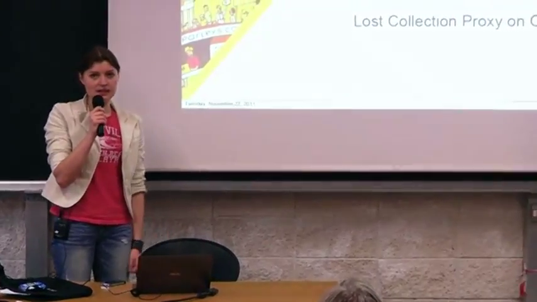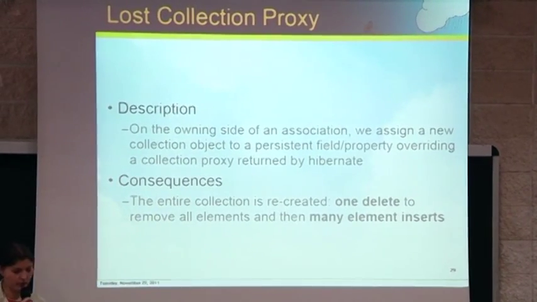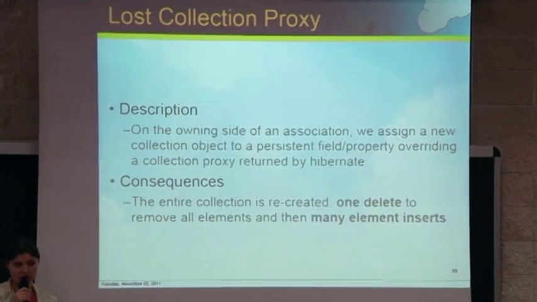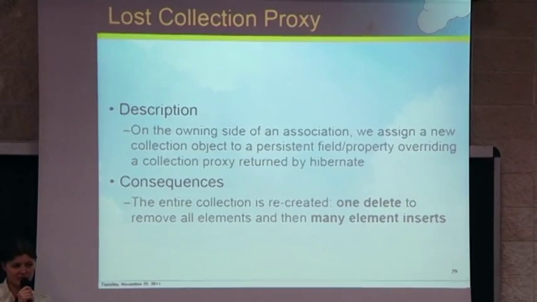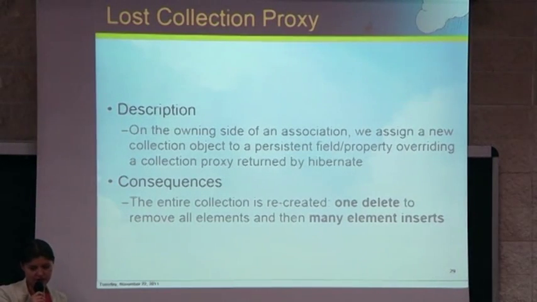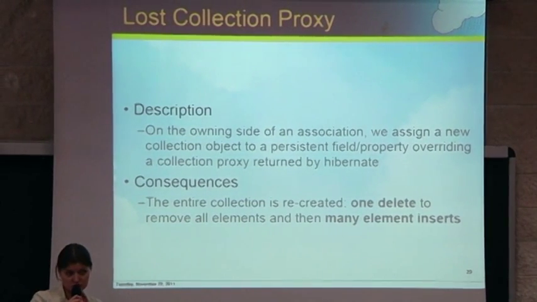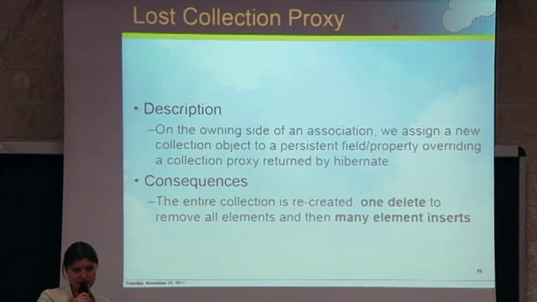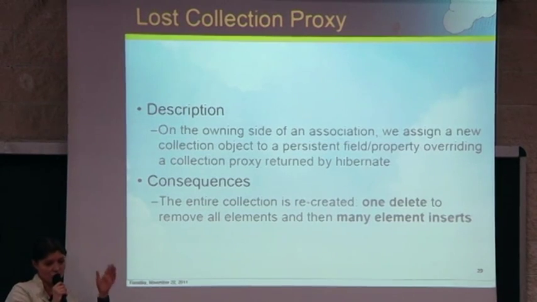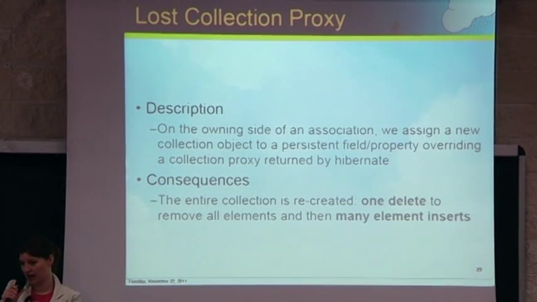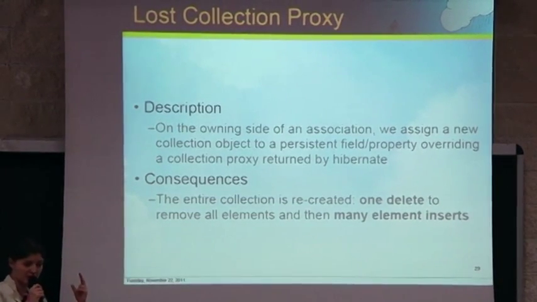The second anti-pattern is lost collection proxy on owning side. Because on the owning side, when you retrieve the object from the database, you get a Hibernate wrapper that wraps your collection. And the problem here was that we lost this actual wrapper returned by Hibernate. So Hibernate could not track our changes in the collection, and then it decided to recreate it. So this was a pretty tricky case,